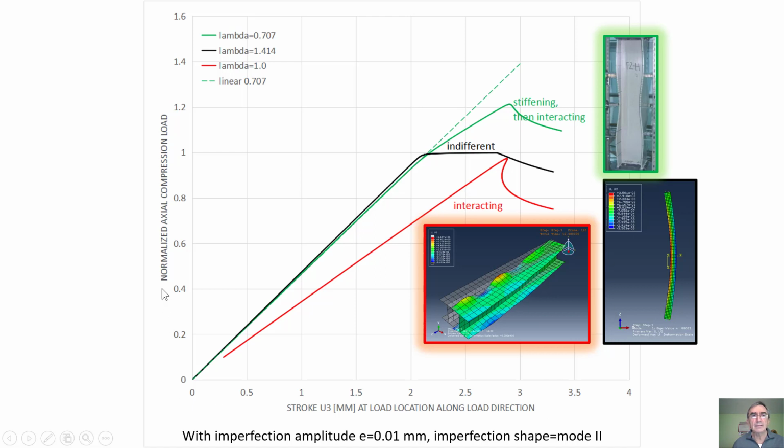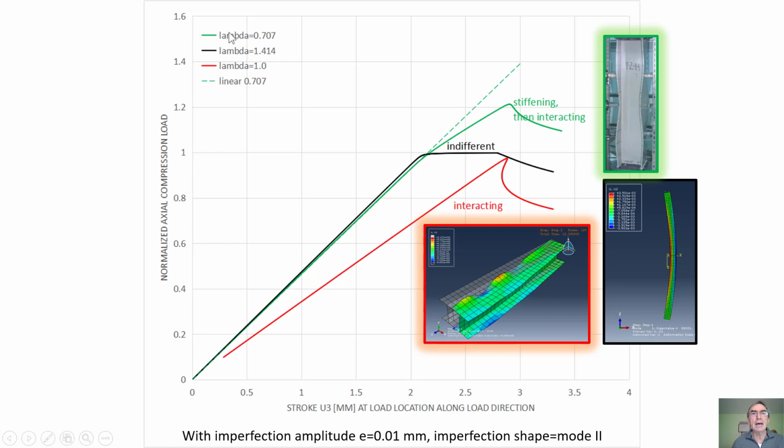And on the vertical axis, I put the normalized compression load, normalized by the bifurcation or buckling load of the column acting with a single mode, because that load can be calculated either as P local, or P Euler with the Euler formula, and it's easy to calculate. So I can normalize by those values, and I can put different slenderness of columns in the same plot. So then let's look at what happened.